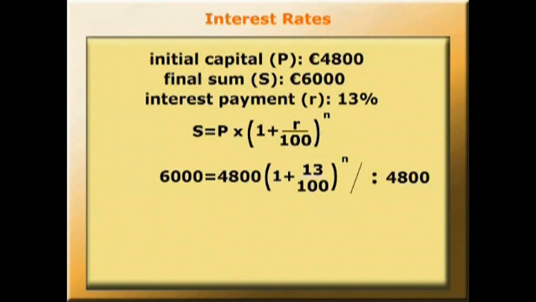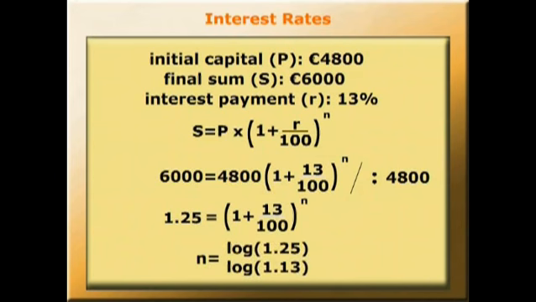Let's divide by 4,800 as before to get rid of the 4,800 on the right hand side. And we've got 1.25 equals (1 plus 13 over 100) to the n. So n equals log of 1.25 over log of 1.13,